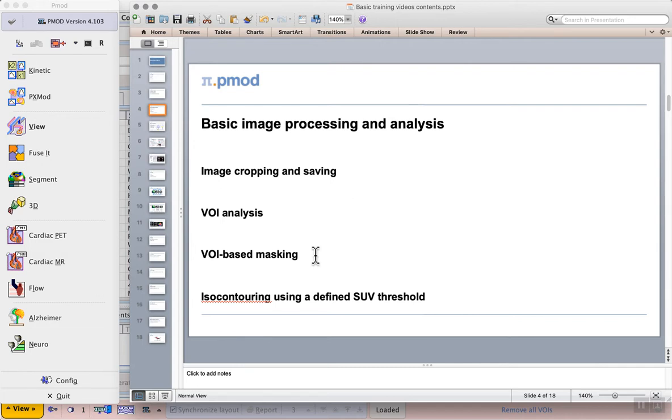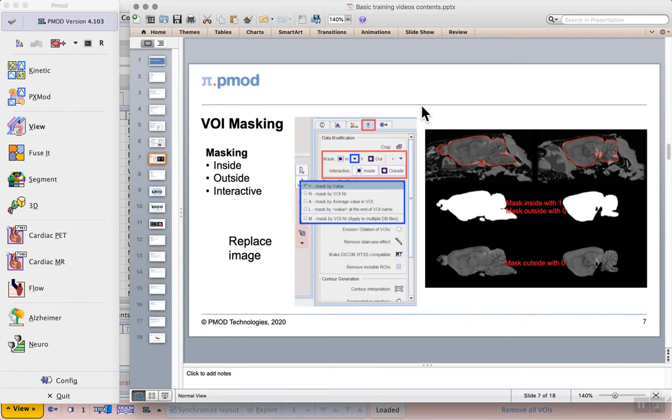In the case of PET, high activity in areas that aren't interesting could be masked to allow presentation of the image with more focus on the tumor. For CT, a common task is removal of the bed and the associated hardware. And for MR, a common task could be removing tissue outside the brain so that we can use the brain atlases